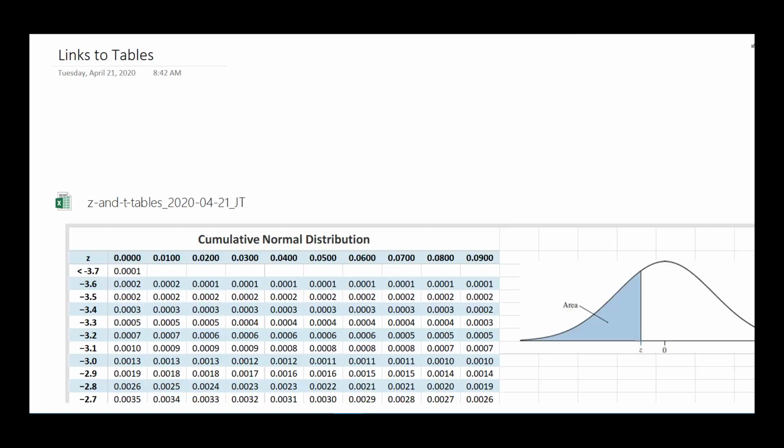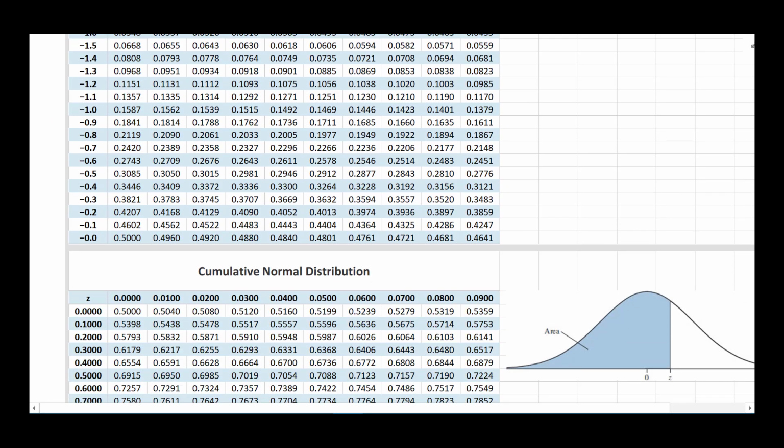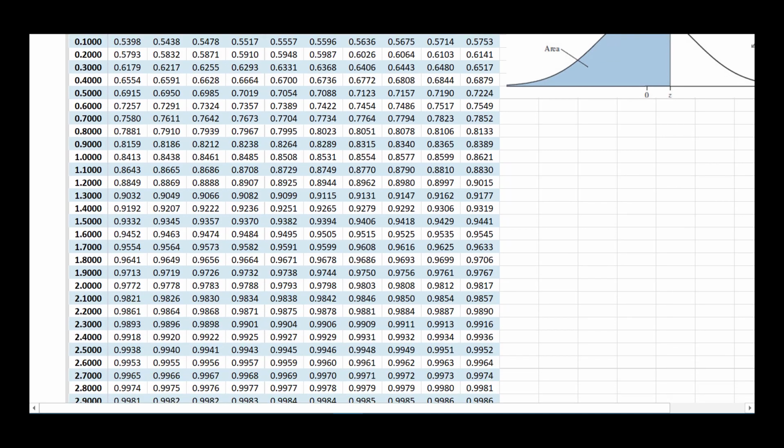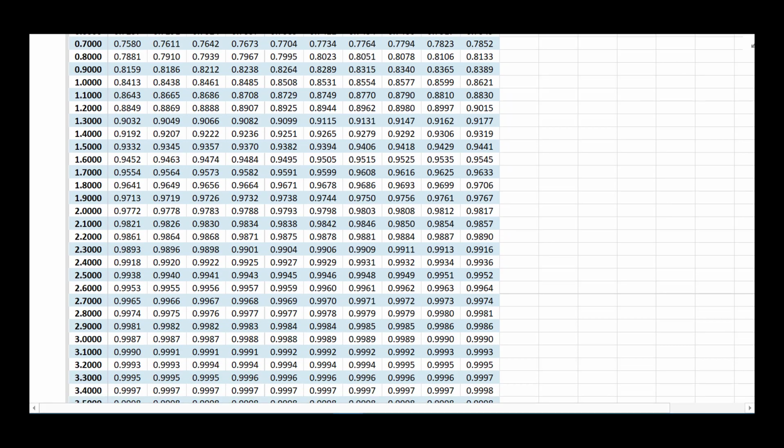So let me go to my table. I want to find the area equals 0.95, and these all give me small areas that are smaller than 0.5. So I'm going to come down here to the positive versions, and I'm going to get as close as I can to 0.95. So let's see. Ooh, I think we got it. 0.9495, 0.9505. Looks to me like it's halfway in between those. Okay, so that's 1.6